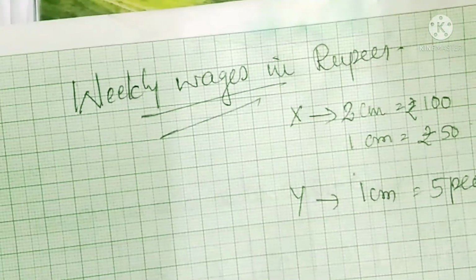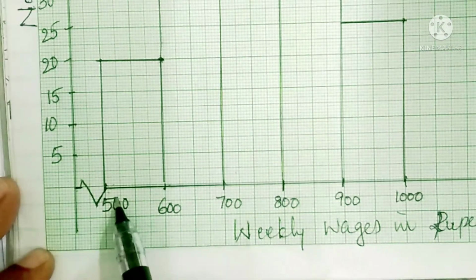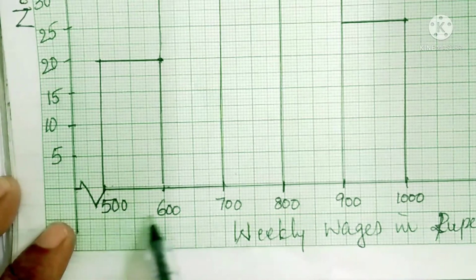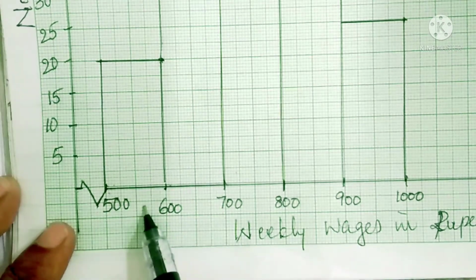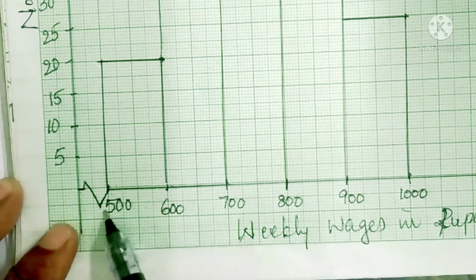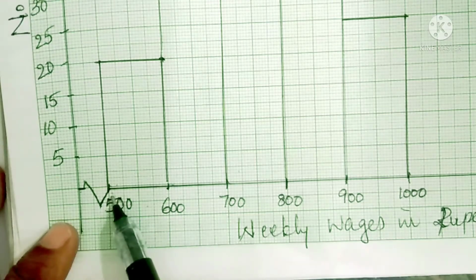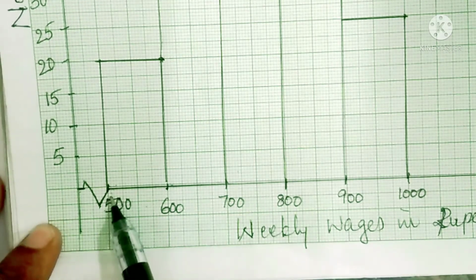Okay. So the histogram is ready. So what was the difference here? Here when we are not starting with the lowest value, see the difference between the bars is 100, and we are not starting with that gap, then when you are skipping some of the beginning values, we can show it using a broken line. Okay.